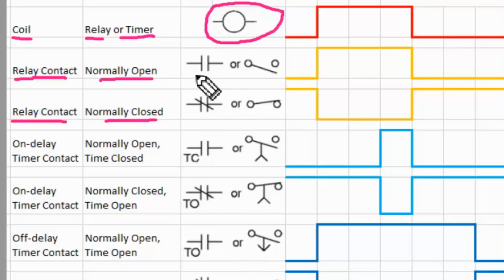On one set, the very common one is this: two vertical lines to represent the two openings on the contacts. That's why it's normally open. When you have a line crossing it, the contacts are touching each other, so that's why it's normally closed. That's probably the most common symbol we will see to represent the contacts of a relay. So based on that,